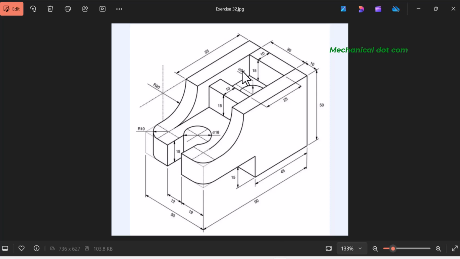See, this hole is 24 mm and it is in the center. And also this is dia 18 and this is 15 mm. This is 12 mm and the distance from this line to the outer line is 19 mm. And also there is a fillet. See, the fillet radius is 10 mm. So go to SolidWorks,